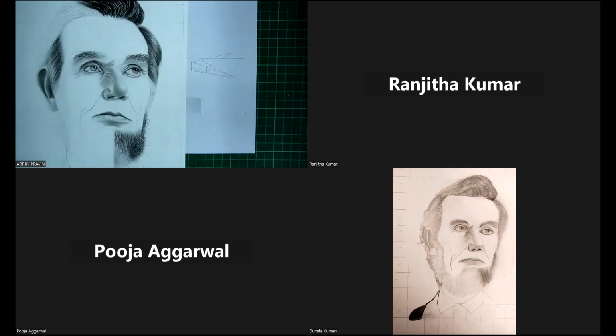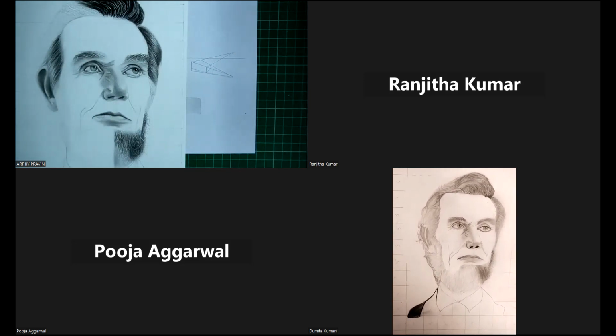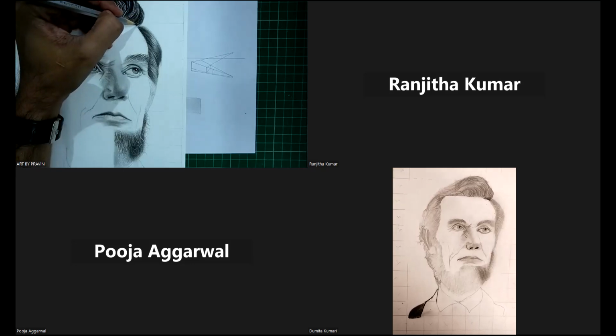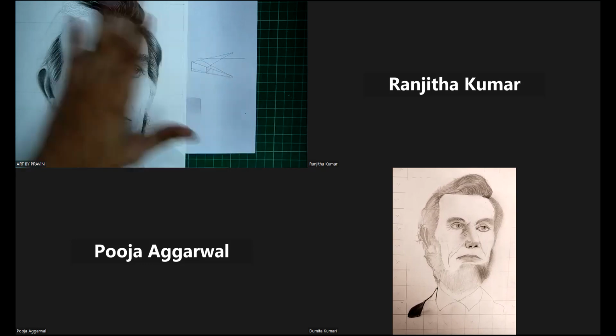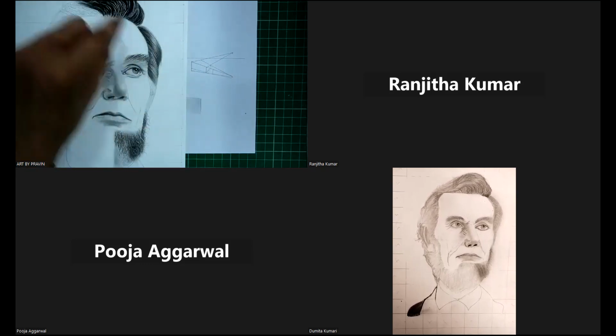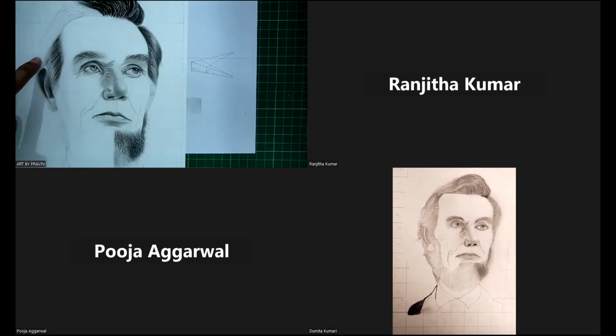When you are making an artwork and giving full effort, you don't want your work to go in vain. So you have to focus at every point, even when working over a small portion of the hair. There also you have to give 100%. First, see whether every angle, every line, every shape in your structure is perfect or not. First you have to improve that, and then in the shading also,